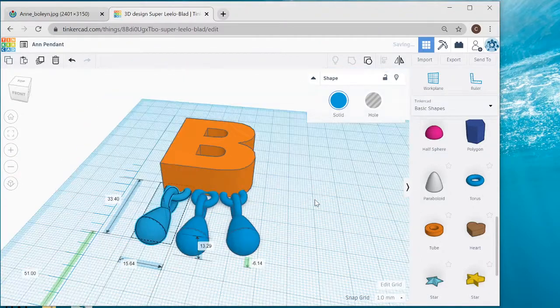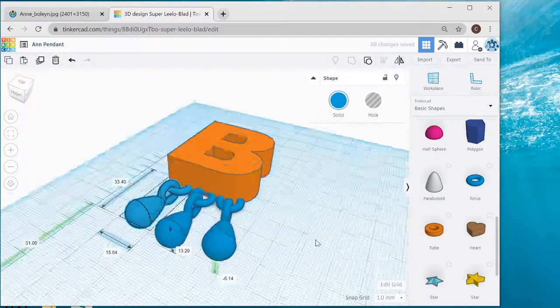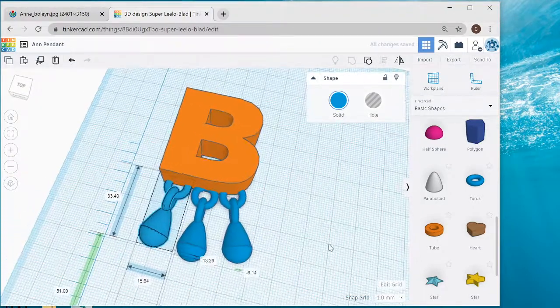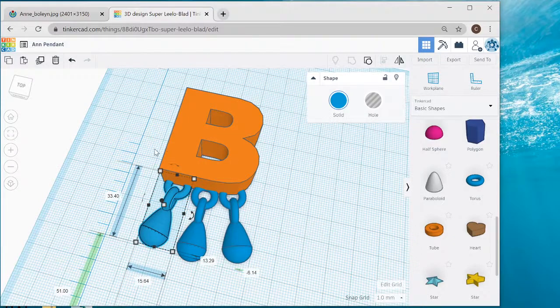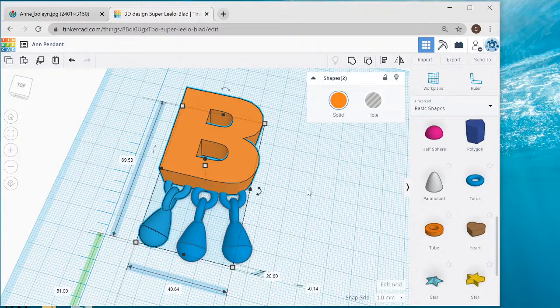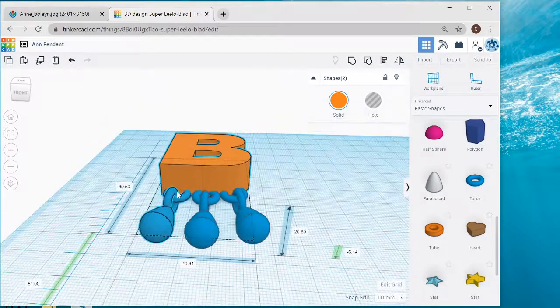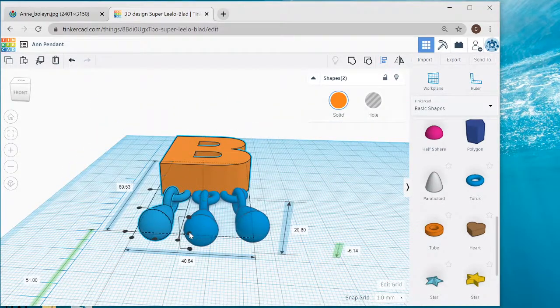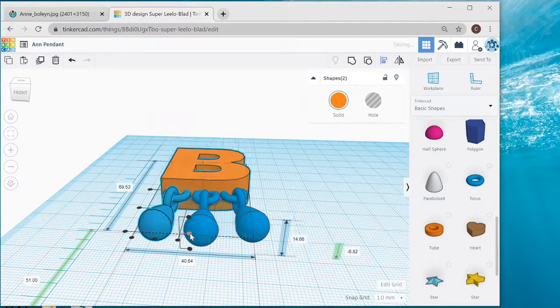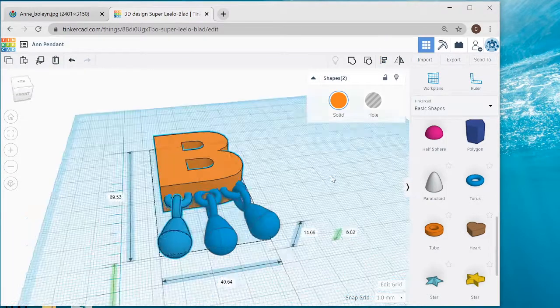Okay, so as we can see, our pearls are kind of at the back of our bee rather than in the middle of our bee. So what we're going to do is just highlight over 2 of these, because you really only need 1 pearl to do this. You're going to click the Align tool again. You're going to click on your pearl section, and then this is where the Z-axis will come in handy. You're going to click the middle dot on the Z-axis, and this will put the pearls into the middle of the bee. So